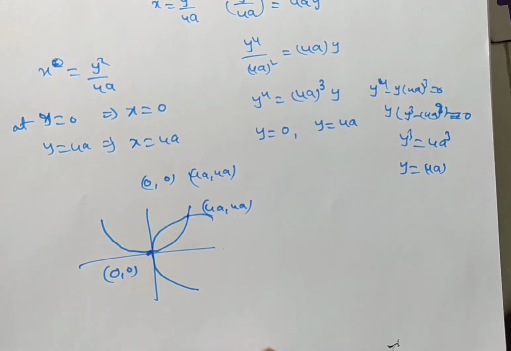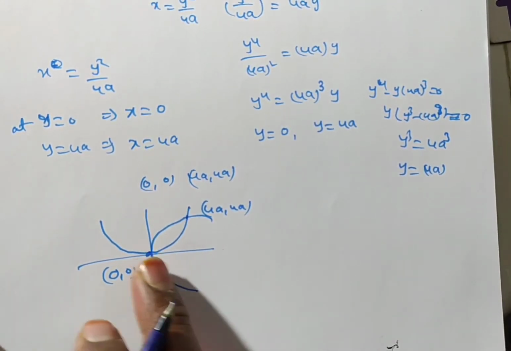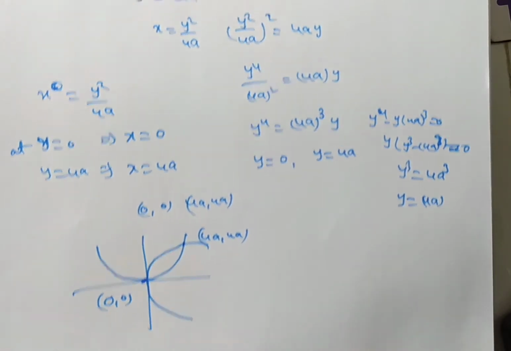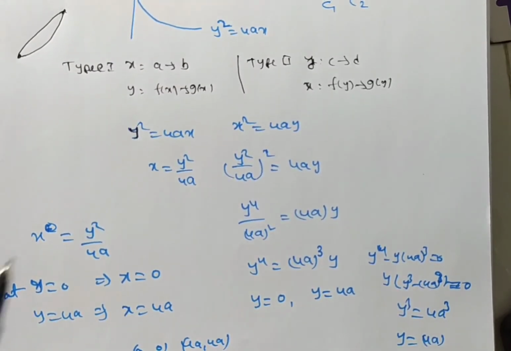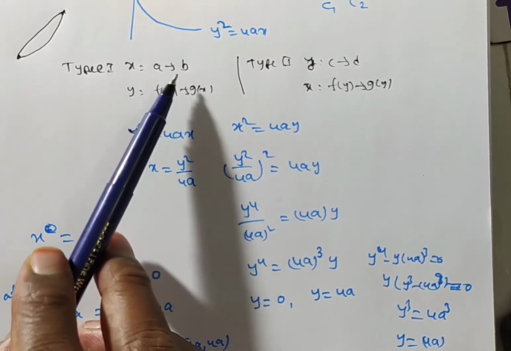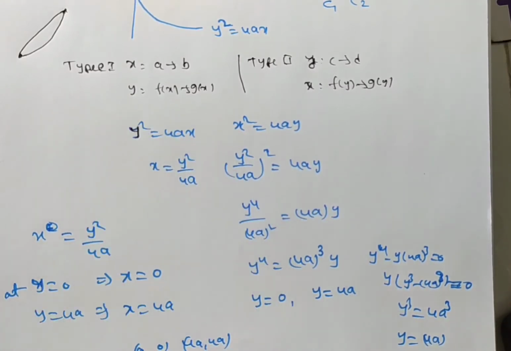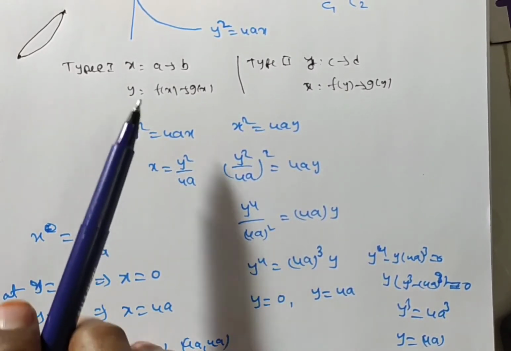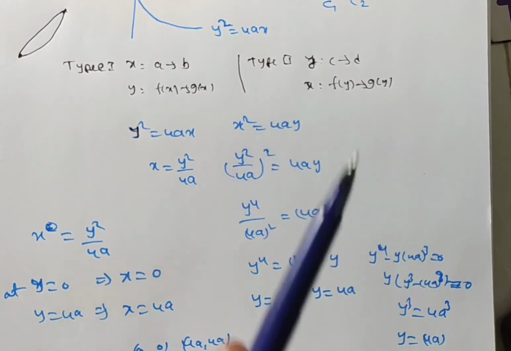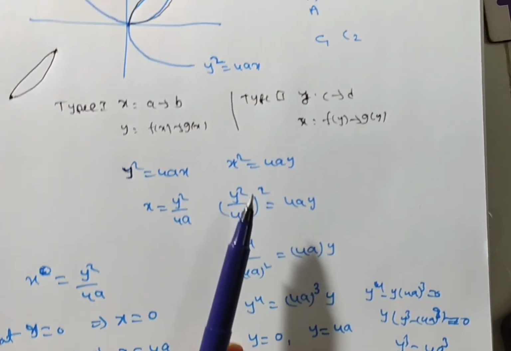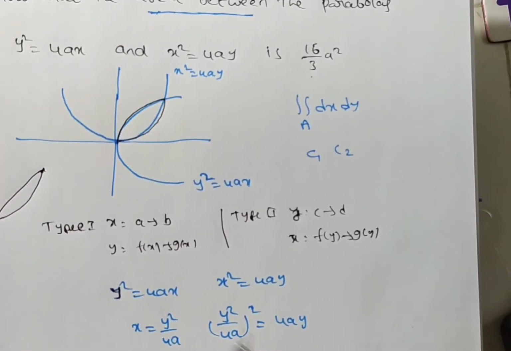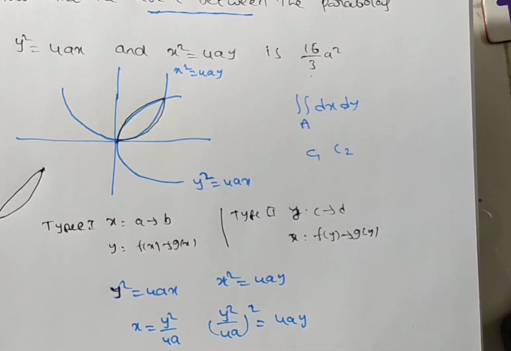So from this we need to find out the region. So, this is the region. So how to integrate? I told you already two types. Type 1, x you can take independent limits, and y is dependent on x you have to take. So I am going to go through type 1. Next you have to try to solve this problem in type 2. You will get the same answer. Which answer? That is 16 by 3 times a square only you will have, right?